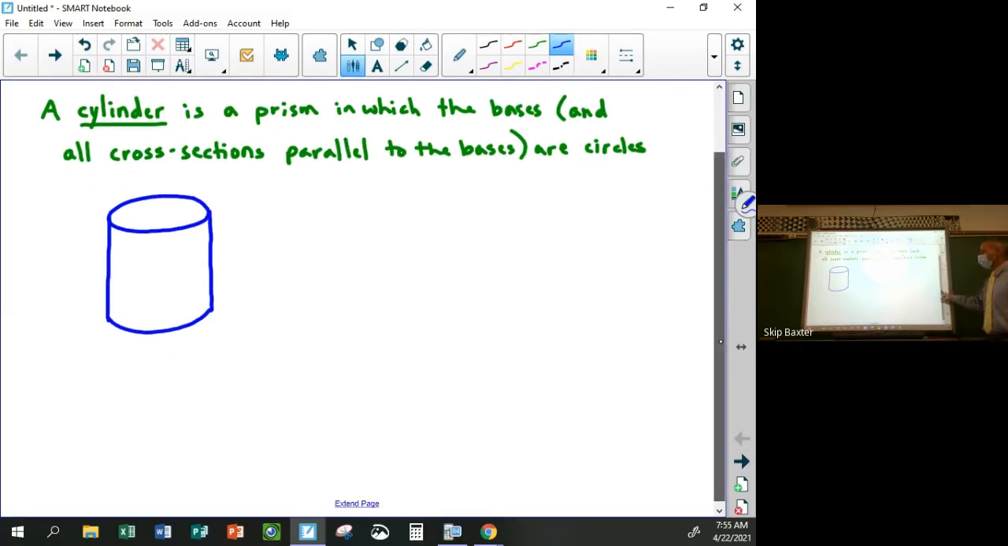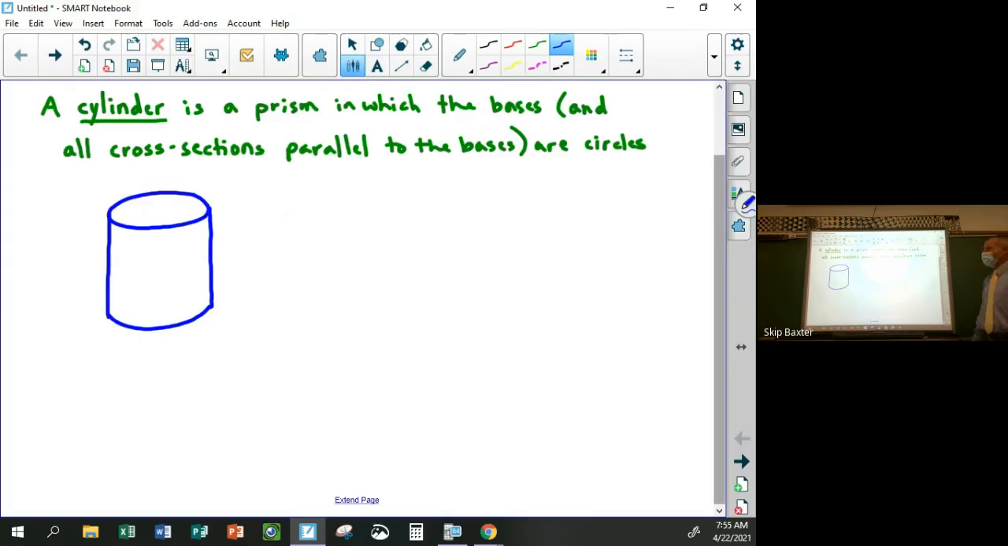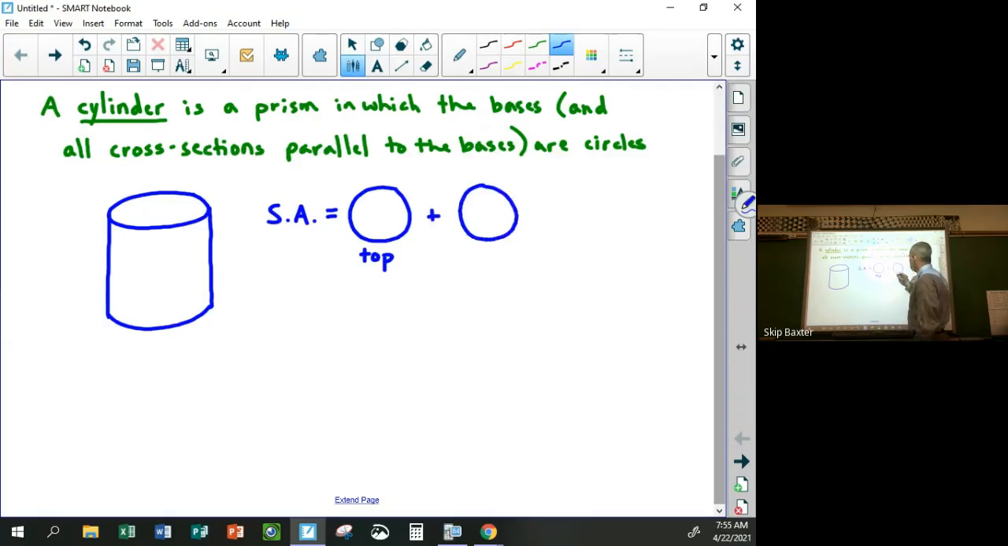Okay, so if you're trying to calculate the surface area of a cylinder, you can break it up into like 3 pieces, right? The surface area is really equal to a circle, which you can think of as like the top of this, plus a circle, which you can think of as like the bottom of the cylinder,